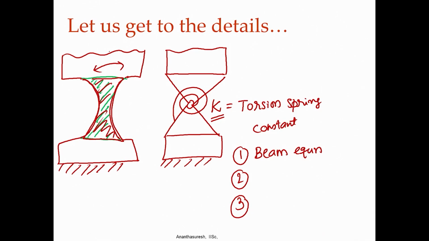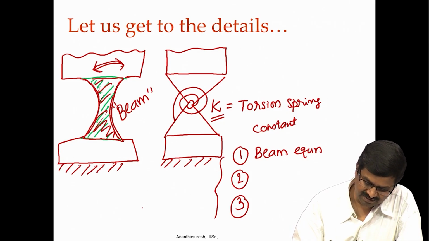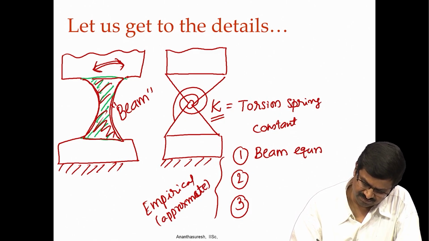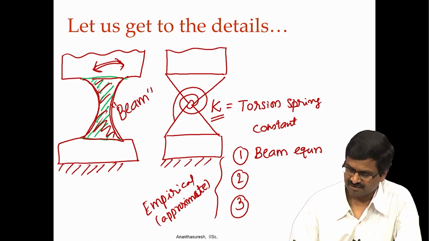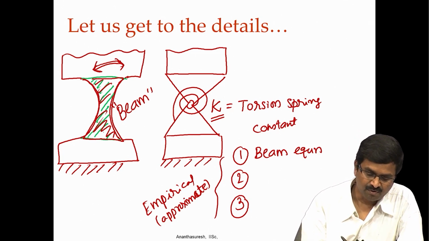When I say that this is getting some rotation, it is because this beam, so called beam, it may not satisfy all of beam theory's assumptions, but it can still be modeled as a beam. These are all approximate, or I would even call empirical, based on whatever measurements that you do and a lot of approximations that one does. These are approximate formulas using the beam equation, and you basically integrate this beam equation with variable